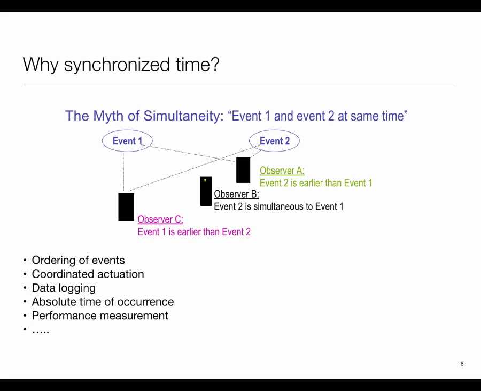So ordering of events, coordinated actuation, that is, I want two nodes to do things in some particular sequence, like this node should fire first, then this node should fire, or maybe they should fire together, all those kinds of questions. Logging data: what was the absolute time when something happened? Maybe I want to measure the speed and use that speed to classify the type of target it is. I want to measure performance, debugging. One very good example I was reading was that